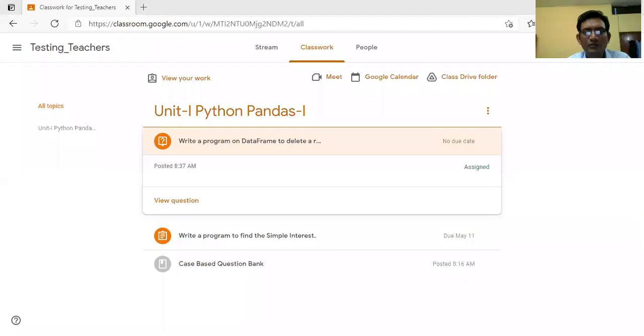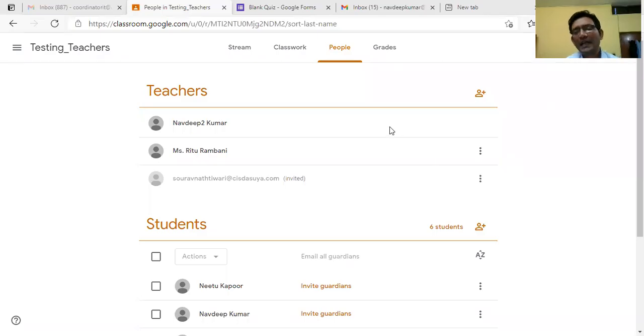So coming back to this topic, this is the student view that we were sharing earlier. And at last we have the teacher view. So we have focused upon all the tabs.